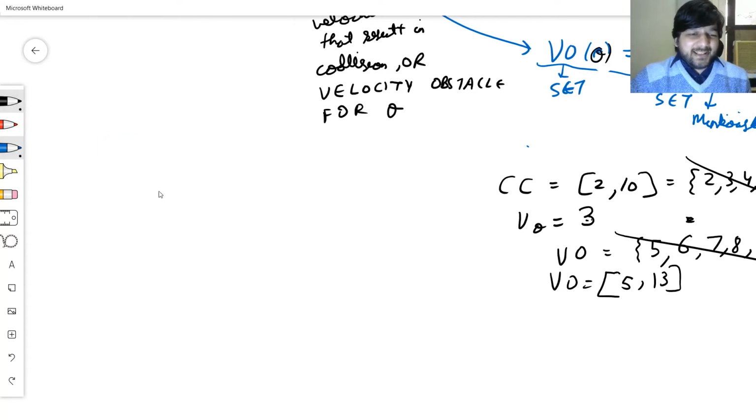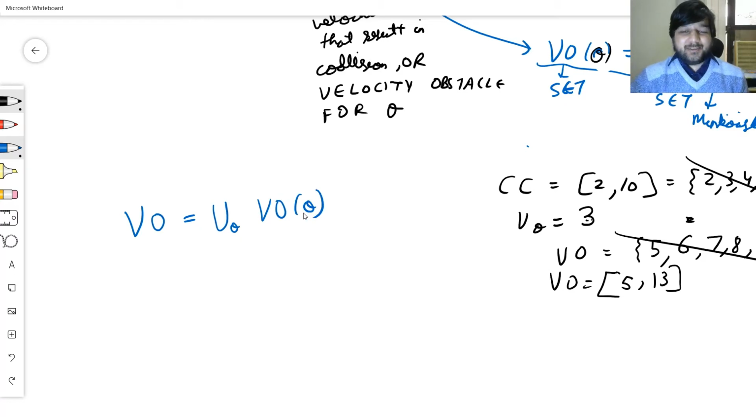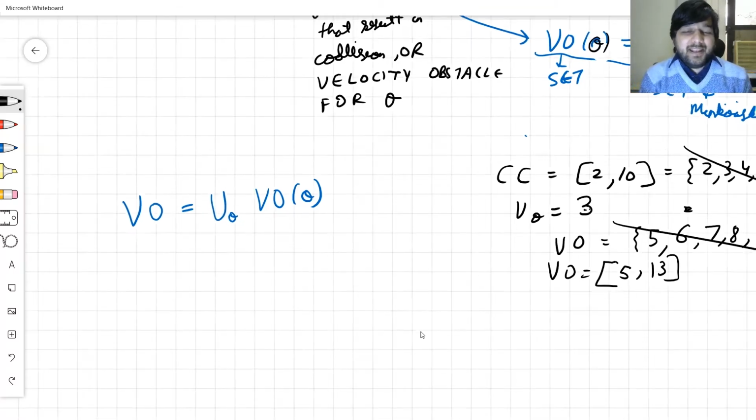Of course, a formula that I should be giving you is that the velocity obstacle is nothing but a union of all O, velocity obstacle due to O. That's what we did previously. So velocity obstacle due to 1, velocity obstacle due to 2, velocity obstacle due to 3, velocity obstacle due to 4. We take a union of all the velocity obstacles, and thereafter I have a problem, and the problem is